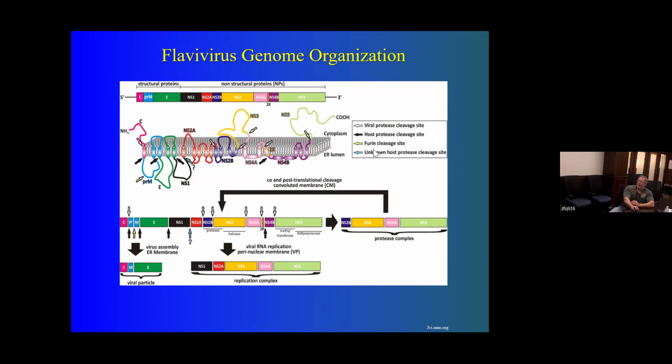If we look at this cartoon here, we can see that the virus has a very specific organization of its genome. These are proteins that we refer to as structural proteins. These are actually going to produce the proteins involved in maintaining the physical structure of the virus. These are the non-structural proteins. These are proteins that are going to help the virus replicate its genome, package its genome, and maybe do some other small things, but they're not directly involved in the actual physical construction and maintenance of the viral particle. So we have structural proteins and non-structural proteins.